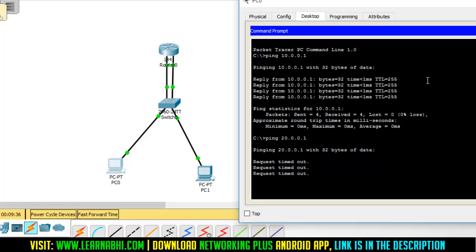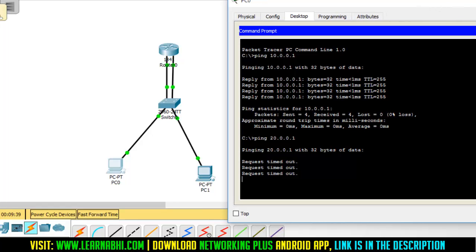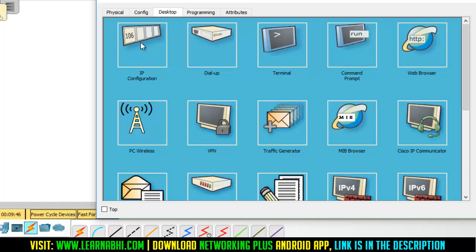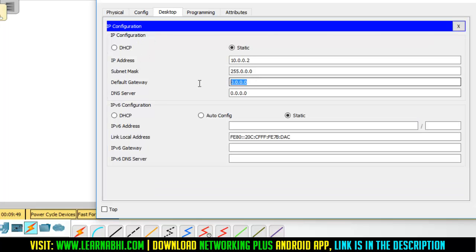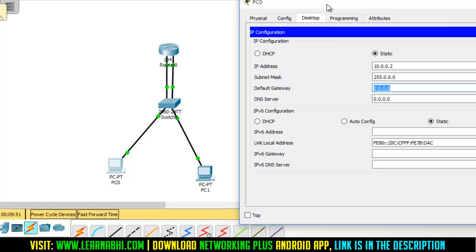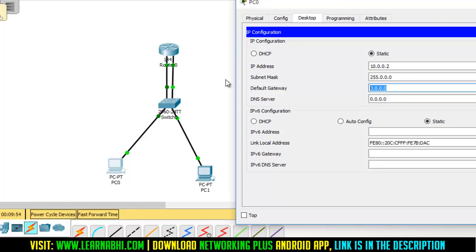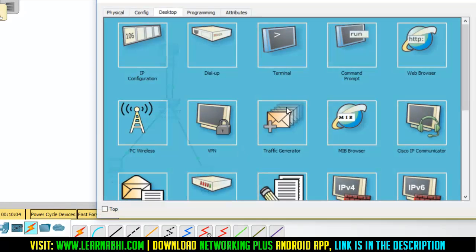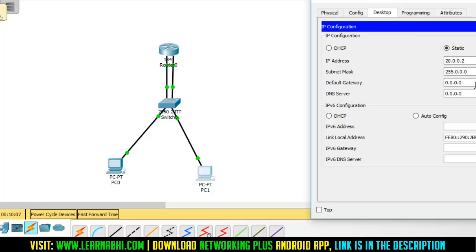No? Let me show you why. I am getting this error because I have not entered the gateway on these two PCs. Right? We have to enter the gateway here. So go to IP address, and as you can see it is empty. I have not entered the gateway. So what is the gateway of the first network? It is 10.0.0.1. Now what is the gateway of the second network? It is 20.0.0.1. Now let's close it,